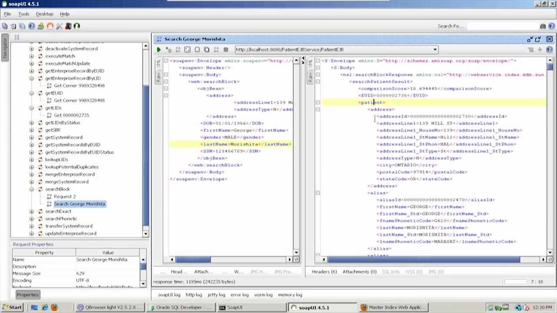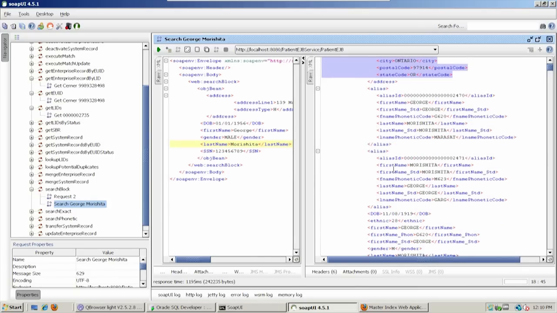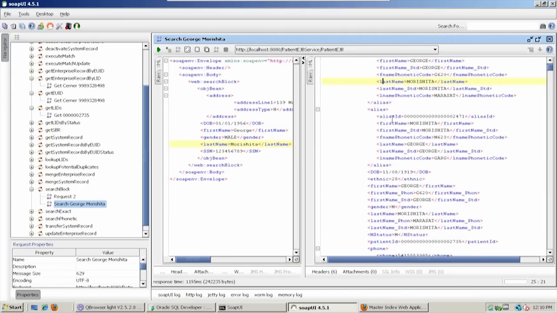So we can see the patient address and a breakdown of the details there. You'll notice that address line 1, to make it nice and easy to read out, is broken apart into several subcomponents, including the street name, the number, a phonetic value of it, and even the street type, which is, in this case, street. The rest of these are pretty self-explanatory. We have an alias set of fields in these alias element tags, George Morishita, as well as the phoneticized names, and then even an alias where we've encountered the name backwards with Morishita as the first name and George as